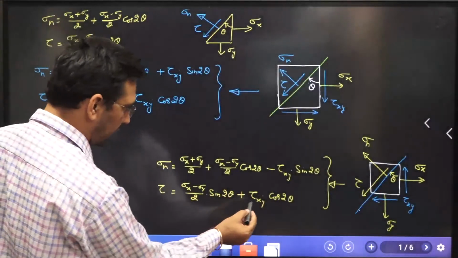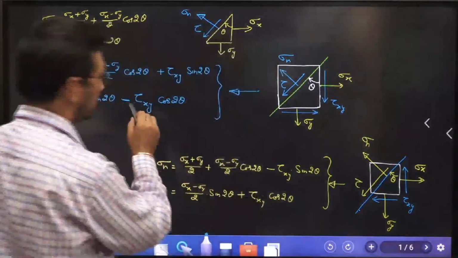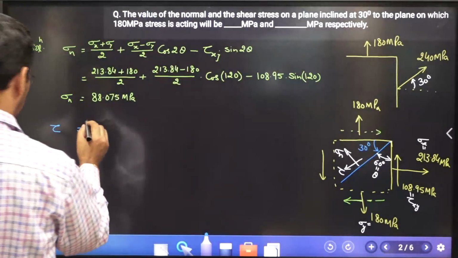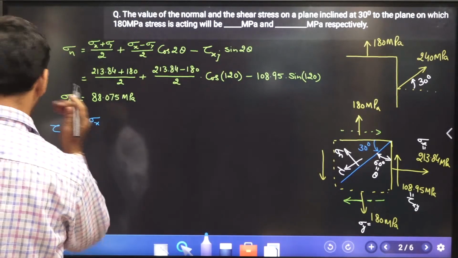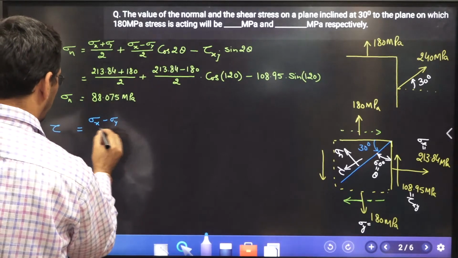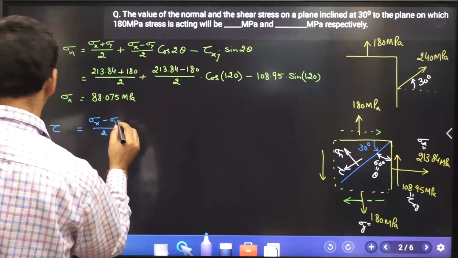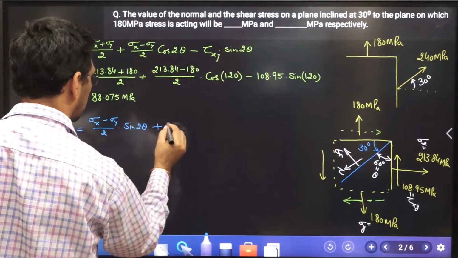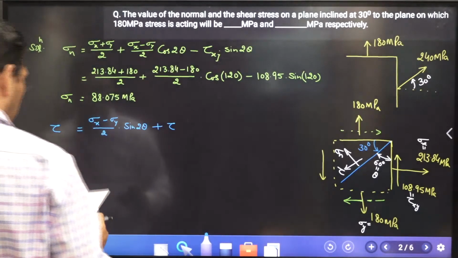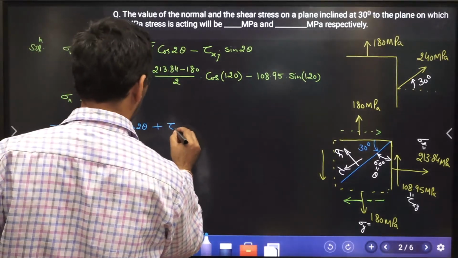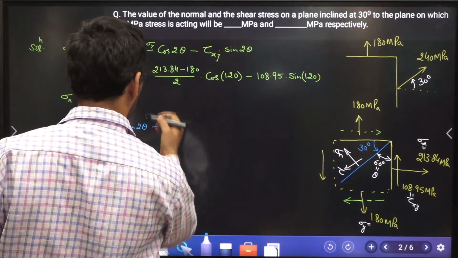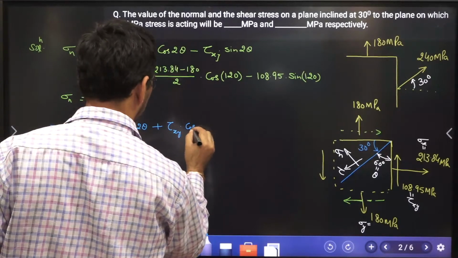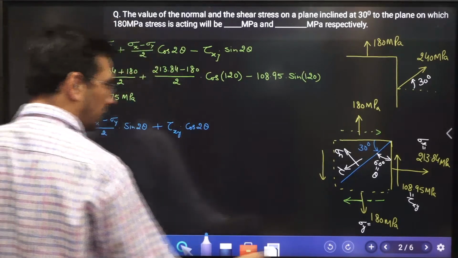So I'm going to take this sign over here as positive, right? Here it was negative when they were converging at this end. So that means tau, the value, is going to be (sigma x minus sigma y) divided by 2, and this value is sine 2 theta, plus tau xy cos 2 theta. So they are not difficult to remember, as I have explained